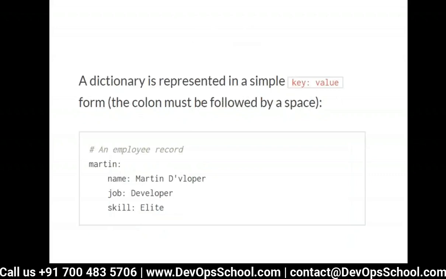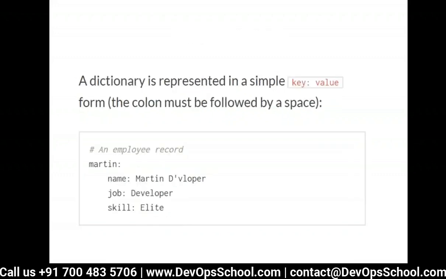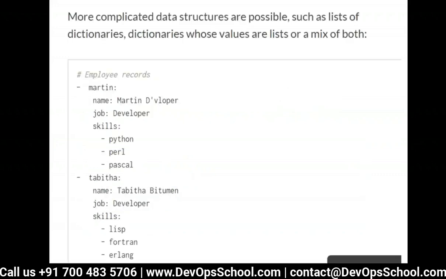Can we take that as a dictionary with a list, and this would be a dictionary with a dictionary? Yeah, possible. I'll come back to that. Just give me some time. So yes, this is a dictionary. A dictionary is represented in a key and value format, and that should be separated by colon and space. That's important. So again, look at this. This is a dictionary. This is a list. This is a dictionary. Now let's look at this one.